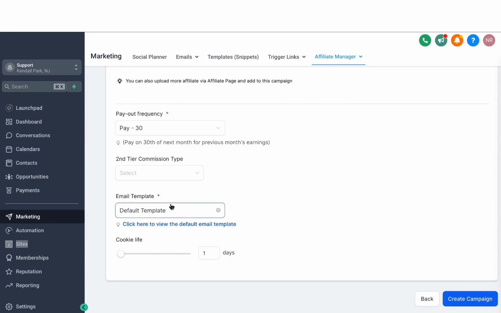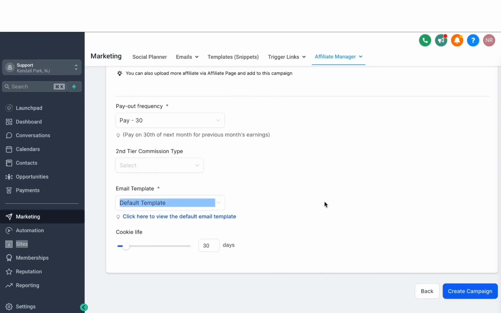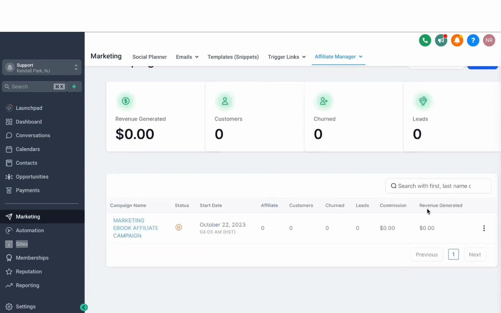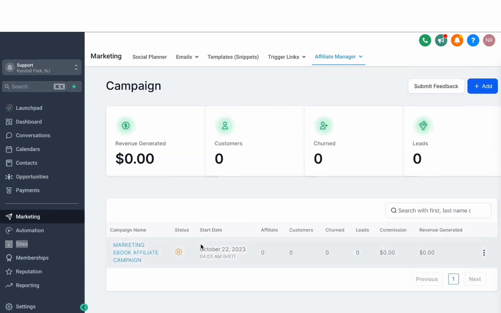And then you can also customize the cookie life. I'm just going to do like 30 days. So let's say somebody opened that link once and then they came back within the 30-day period, the system will still count that the sale came from that person. Now, once you're satisfied with all these settings, just hit Create Campaign, and it will create that in a few seconds. Now, as you can see, the status of this campaign is paused, and if you click on that,